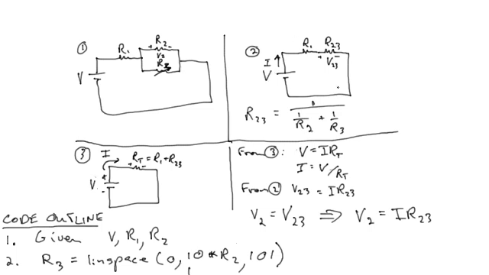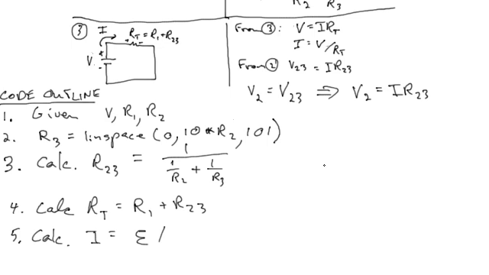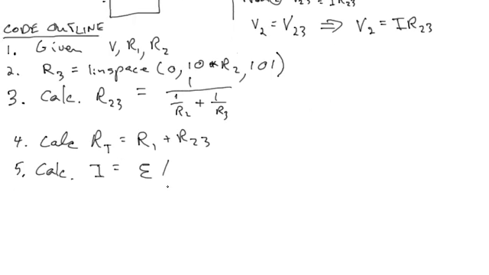I think that's the only places I see script E, except for my latest one, which got me thinking about it. So I is equal to V over RT,